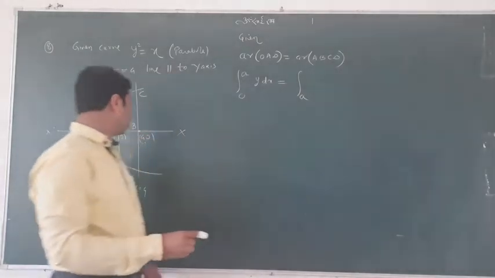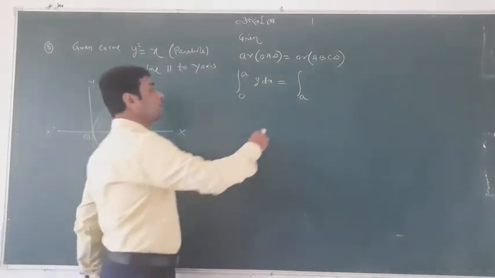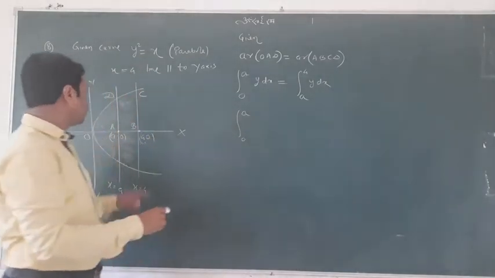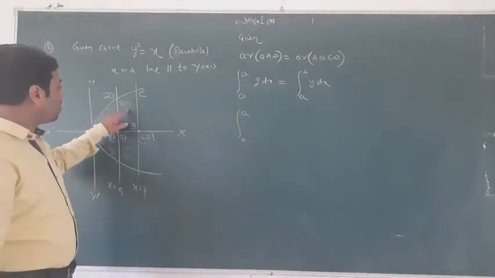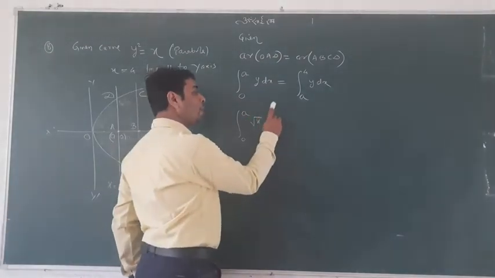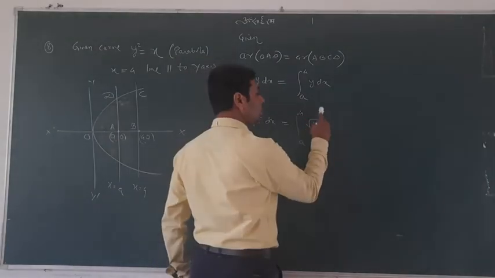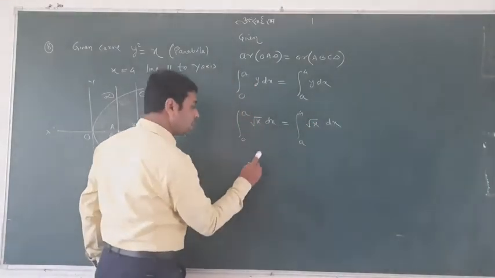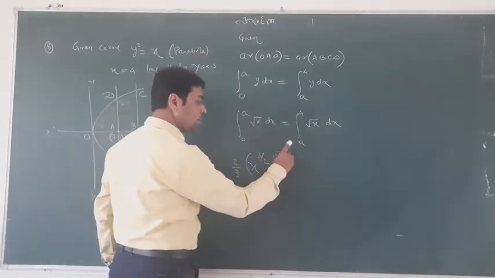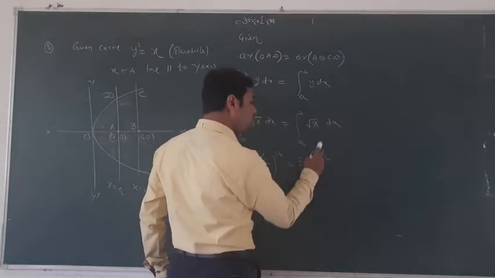Again here, this portion will be counted on the x-axis from lower limit a to upper limit 4. This is y dx. Now, which is your y? Definitely both the areas are covered by the same graph, meaning y equal to root x. Don't take plus minus because we are working in the first quadrant, and this is also root x. Now integrate: x to the power 3 by 2 upon 3 by 2 from 0 to a, and this is x to the power 3 by 2 upon 3 by 2 from a to 4.